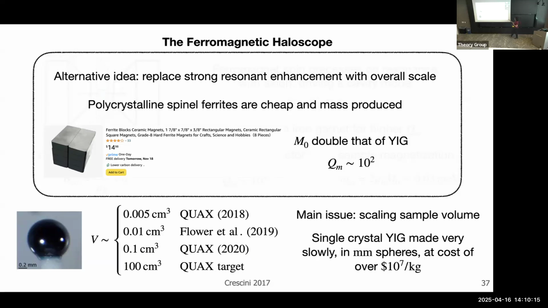Don't worry about all the names. Ferrite just means it has iron in it and it's not conducting. Spinel just means its crystal structure, but it's basically the simplest one you can have in this case. Polycrystalline just means that it's made in a big vat. Instead of someone making a perfect single crystal, it is just made like 1,000 pounds at a time. And it's not literally to the point where you can buy this off Amazon, but it's like one step above doing that. So the benefit of this is that these actually have more magnetization than YIG does